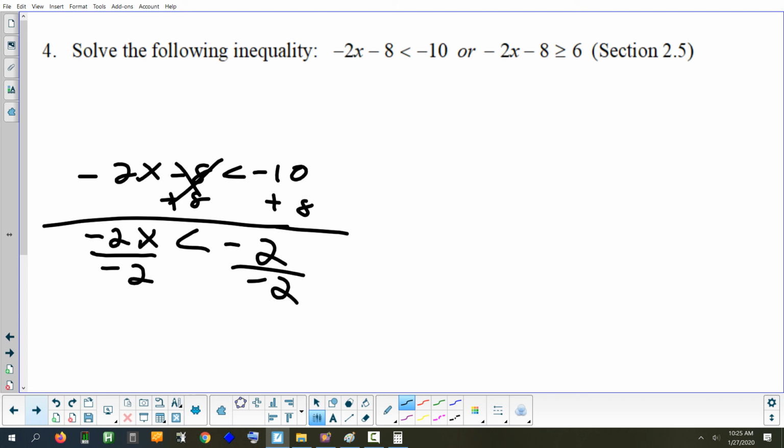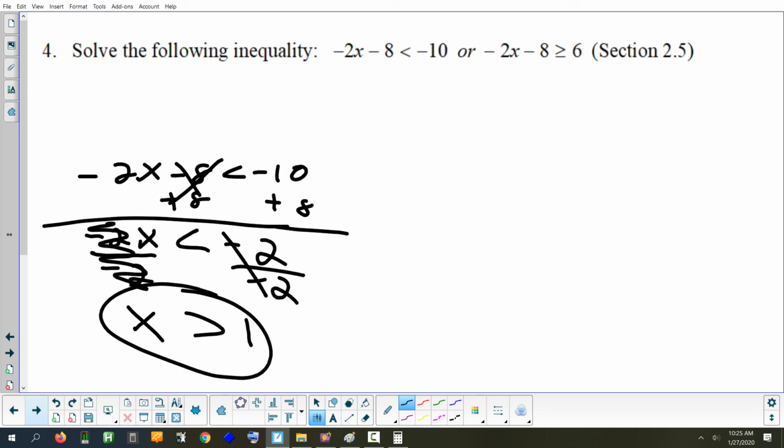Now, I should be thinking something right now. What's going to happen here? You just divided both sides by a negative. Yep. You have to flip the sign. Anytime you multiply or divide by a negative, that sign needs to flip. Okay? This is gone, just like usual. Negative divided by negative is a positive. So now we have x is greater than, what's 2 divided by 2? 1. So x has to be bigger than 1,